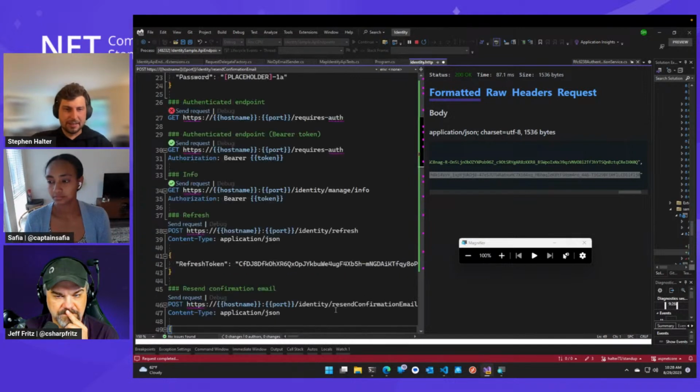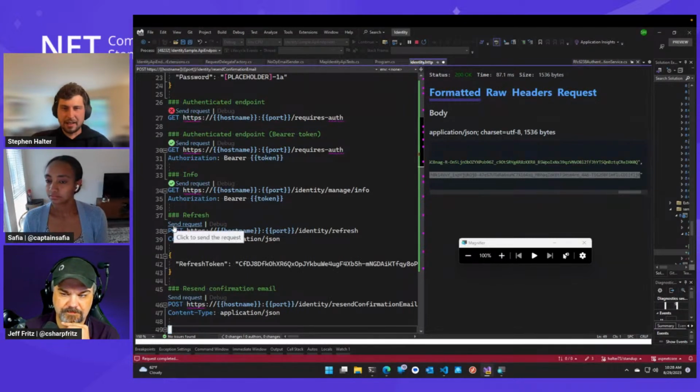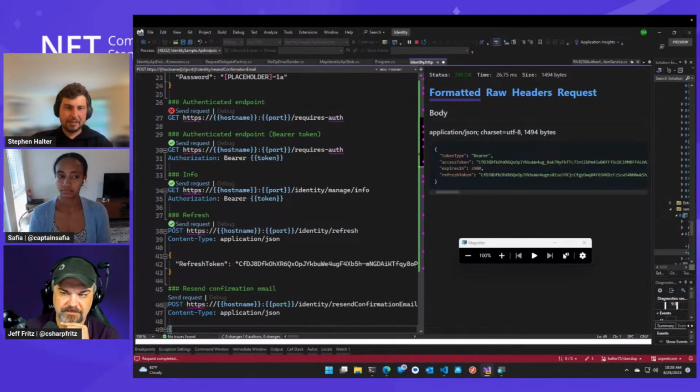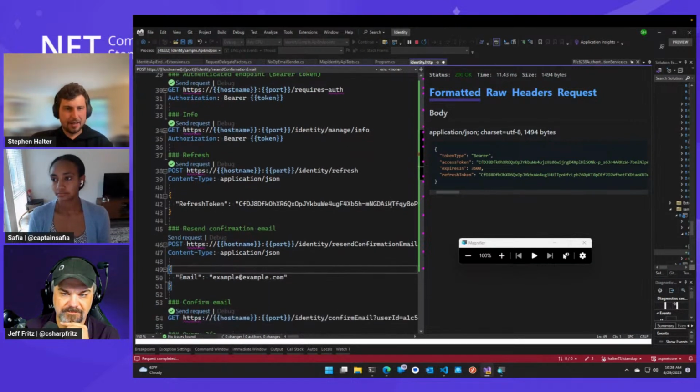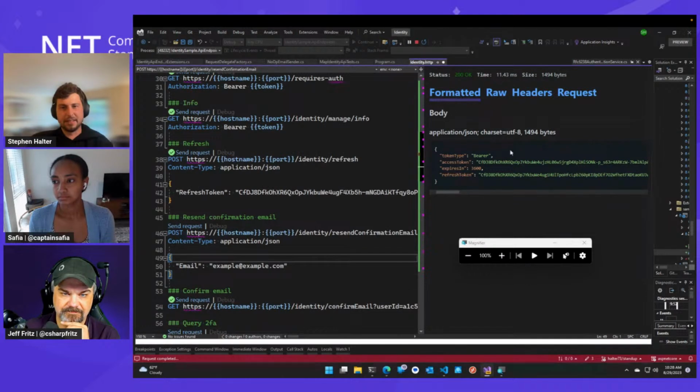This will also do a security stamp check. So if anything changed about the user, it would fail. For instance, I can repeatedly send this refresh request and it will continue to work because the refresh token doesn't expire for several days by default. It's similar to cookies with the timeout. So it has a much longer expiration than the hour that the access token normally has. However, let's say something about your account changes, like you confirm your email or you change your email.